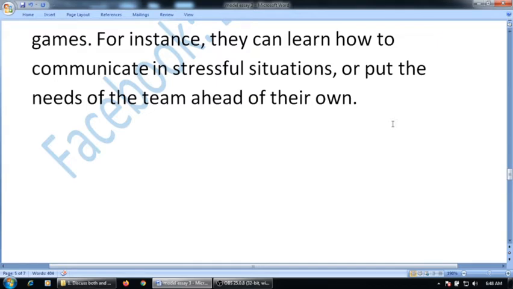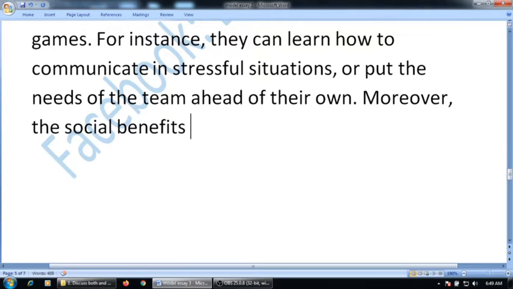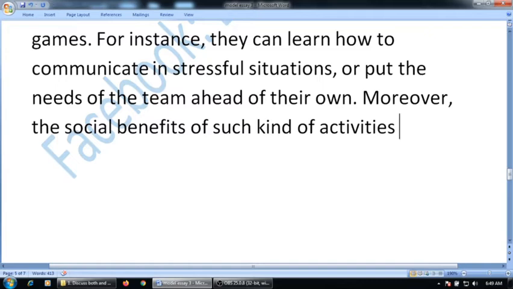Now I will discuss the next idea, that is the social circle. Moreover, I will use a transition, and I am going to the next idea. Moreover, the social benefits of such kind of activities